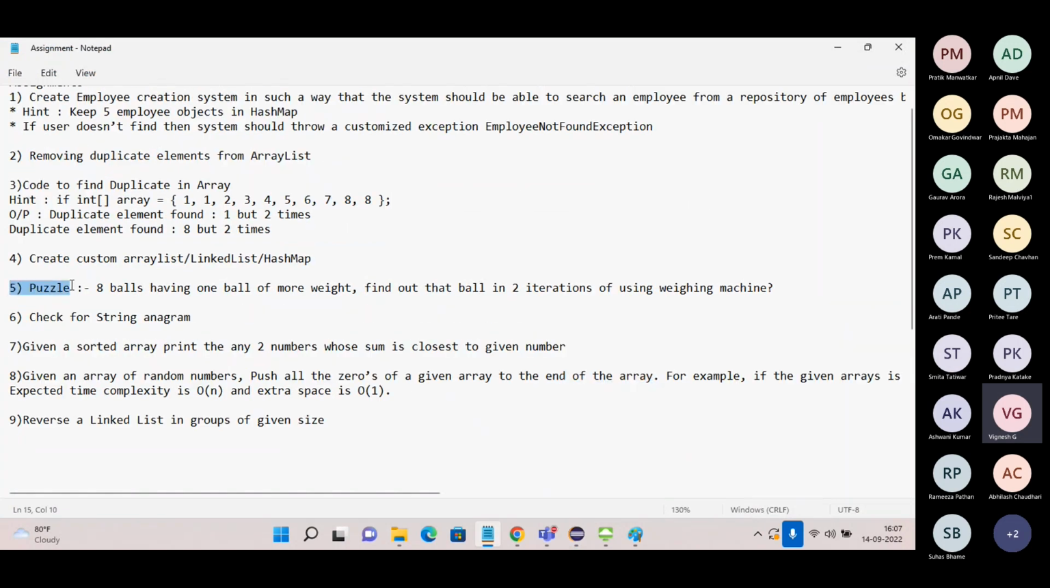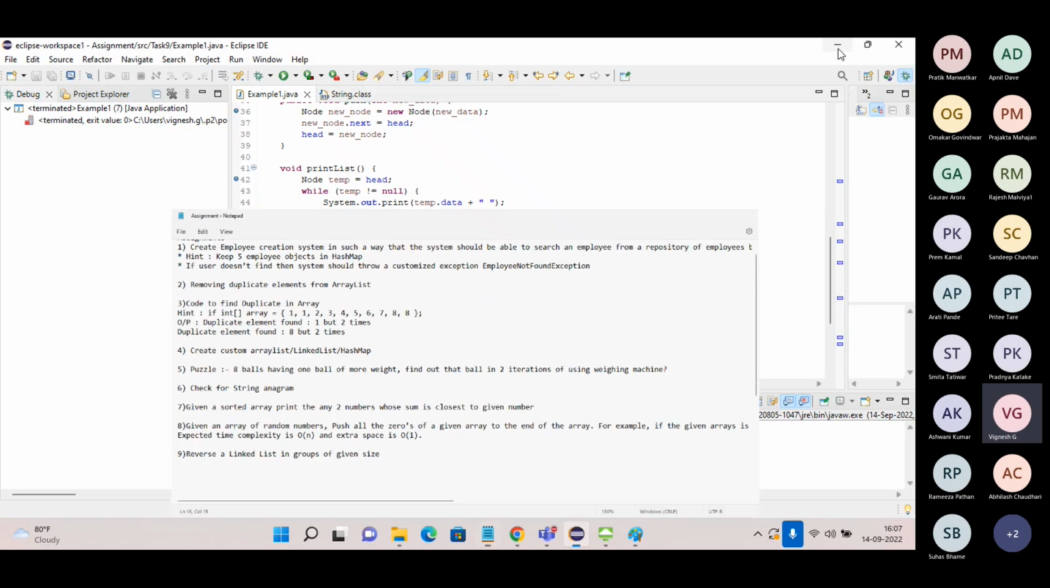I've left only with one question. This is a puzzle. Actually, my puzzle is 8 balls having 1 ball of more weight. Find out the ball in 2 iterations using a weighing machine, like that they have told. So for this,